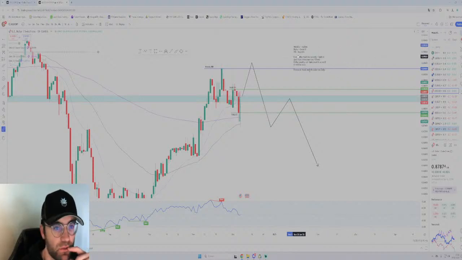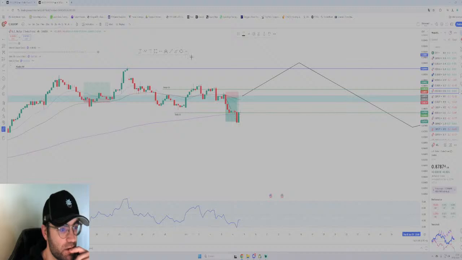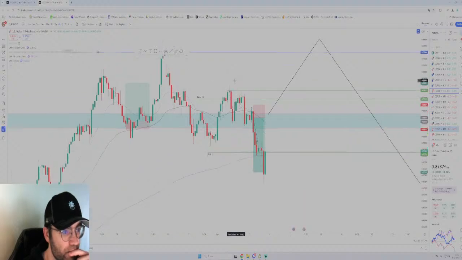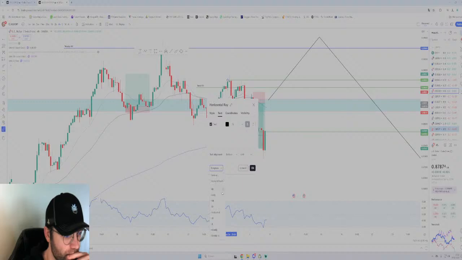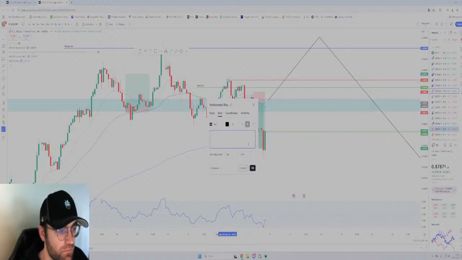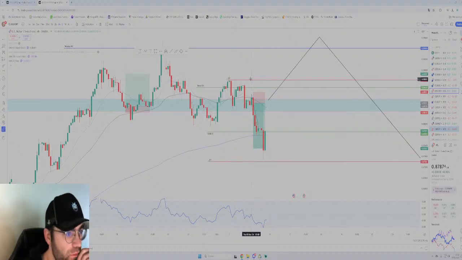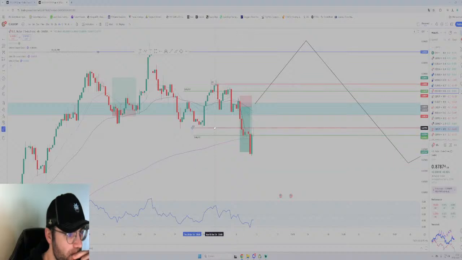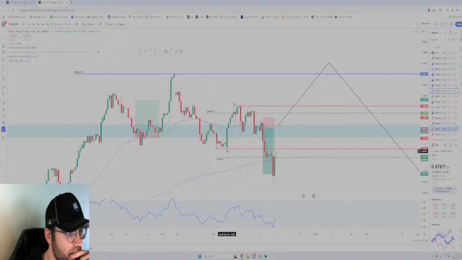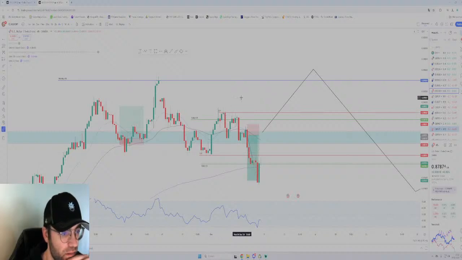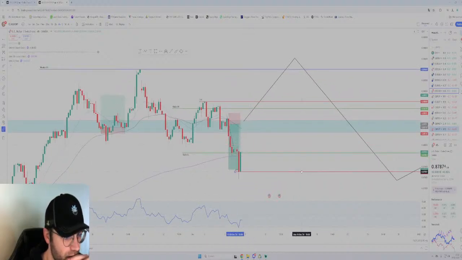So the daily is still bearish, the weekly is bullish, and let's see what the 4 hour is saying. I think the 4 hour just turned bearish as well. Let's just draw the lines real fast. Alright, so from this point it was still bullish, here it turned bullish again, the higher low, this the higher high. Then as soon as it broke under here, it turned bearish, so this is the new lower low,